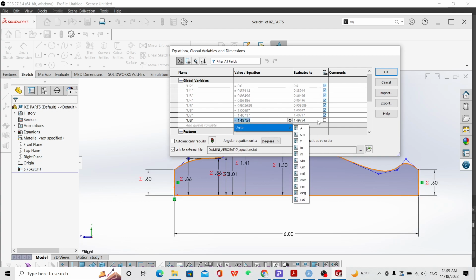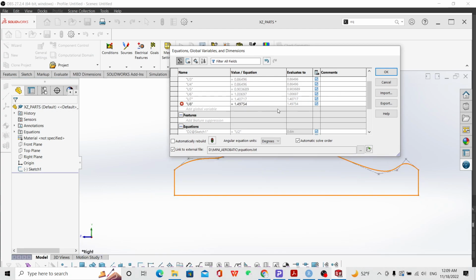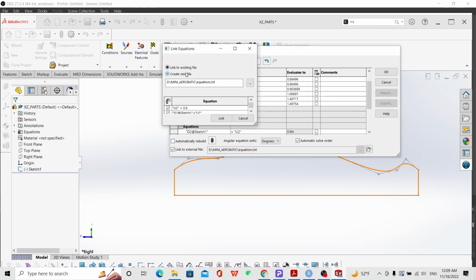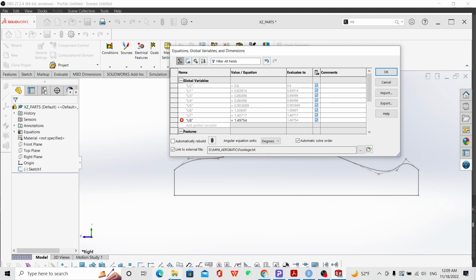I can change the value here, but it's not easy if I have a lot of variables. Then I can link this to a file. I guess I have to unlink this and create a new file. We can link all the data to a new file. When I click on link, then in the same folder